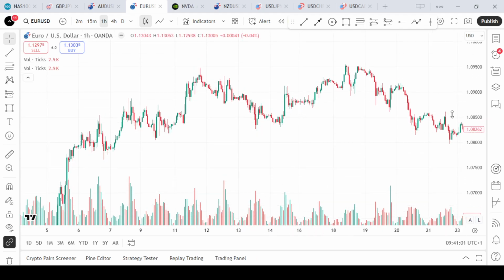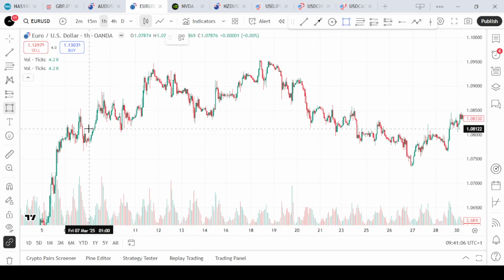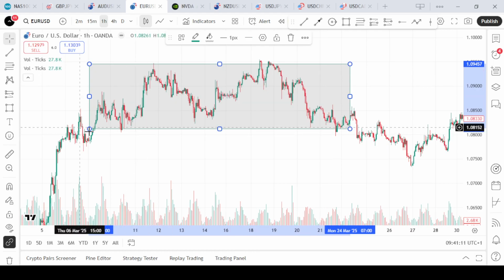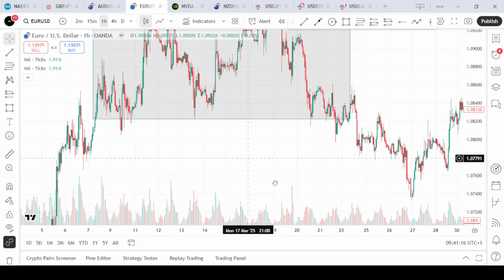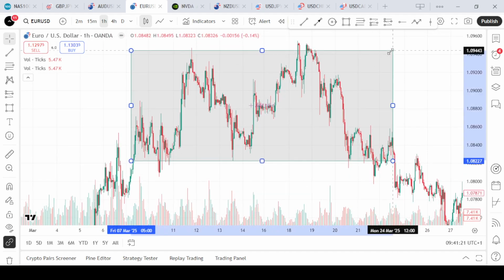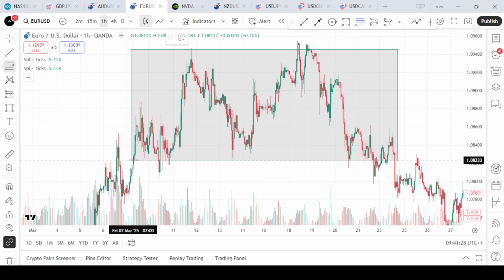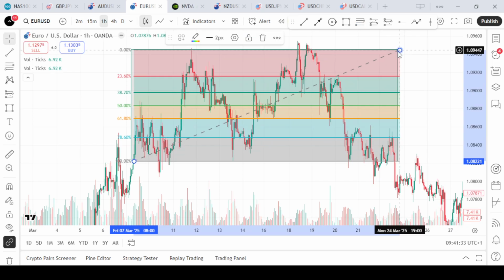First of all, let's identify a range bound market, and as I can see from my screen, this market is a range bound market. It is moving in a sideways condition. You can see this is a range bound market. So applying our Fibonacci to this market would give us areas where price is likely to react from or continue in its direction. Applying the Fibonacci to this range bound market, for instance, the